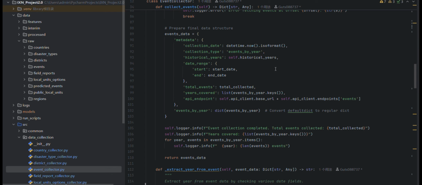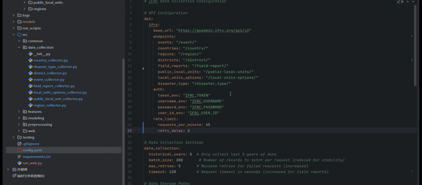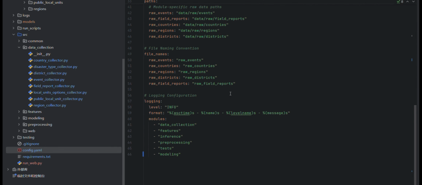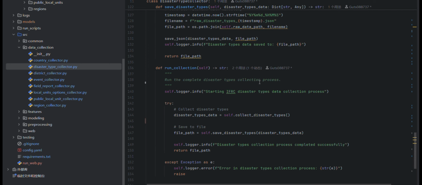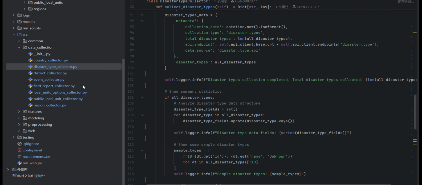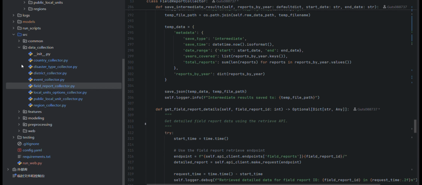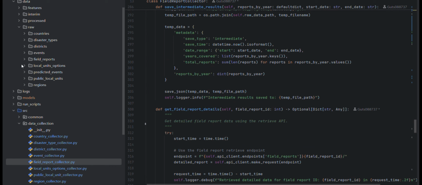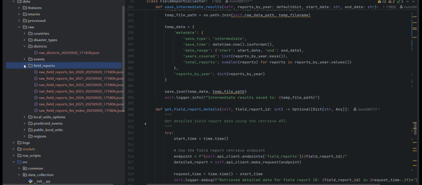Data collection for the system utilizes the IFRC API interface to obtain global disaster data spanning the past 5 years. This primarily includes disaster event data, field reports, medical units, countries, regions, districts, local unit options, and disaster types. Finally, predicted disaster events data is acquired through IFRC's RiskWatch and GDACS. All raw data is stored in the data raw directory, categorized by data source, and saved in JSON format to